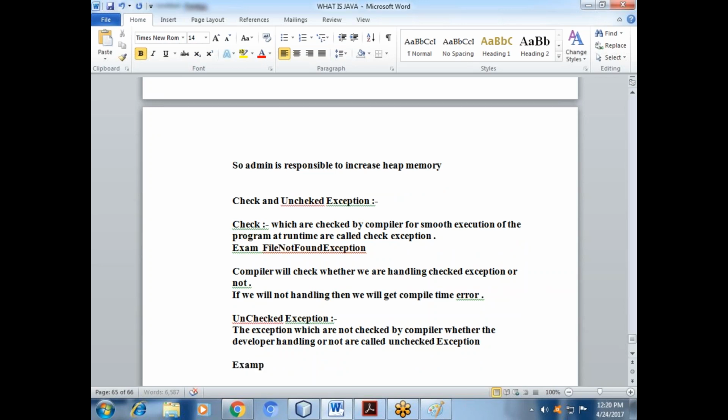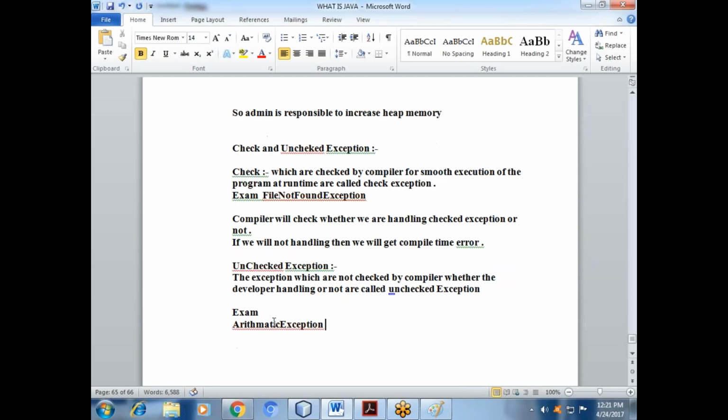Example, arithmetic exception, or you can say null pointer exception, etc.